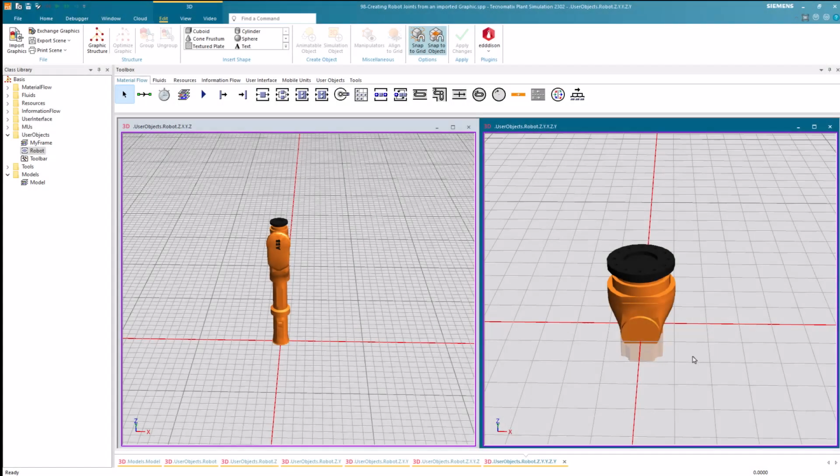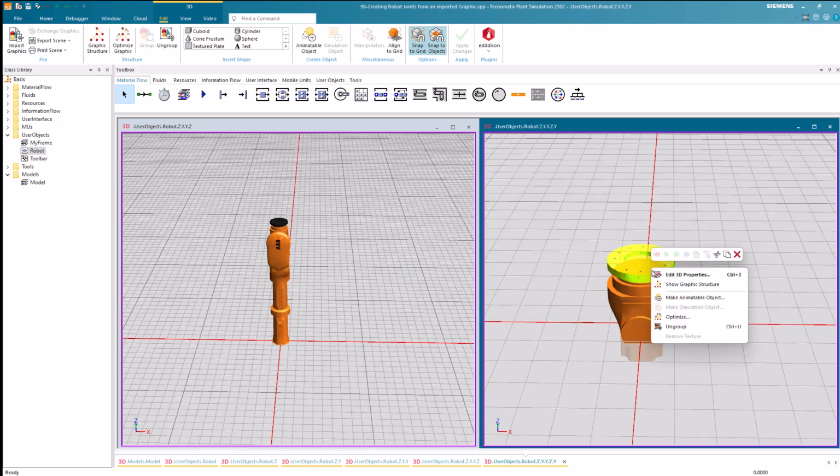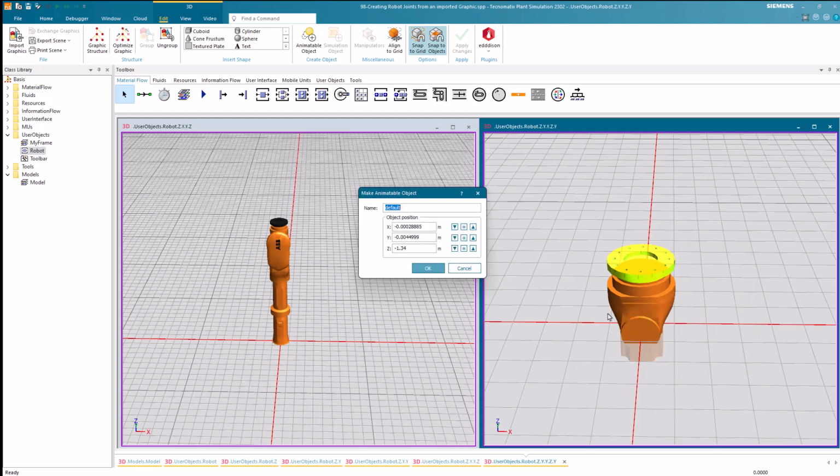In the last joint, we once again perform a right-click and select Make Animatable Object. We assign Z as the name since the joint rotates around the Z-axis. Now we again need to position the crosshair at the 0 point of the joint.